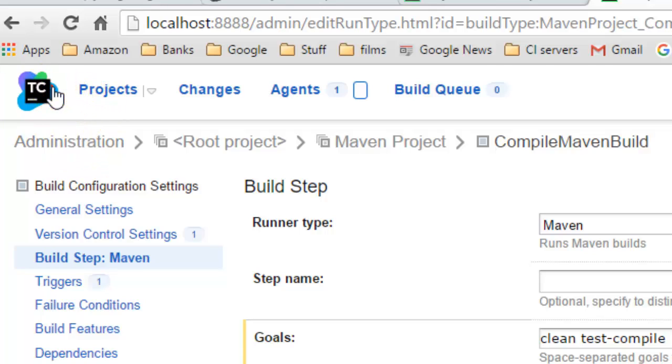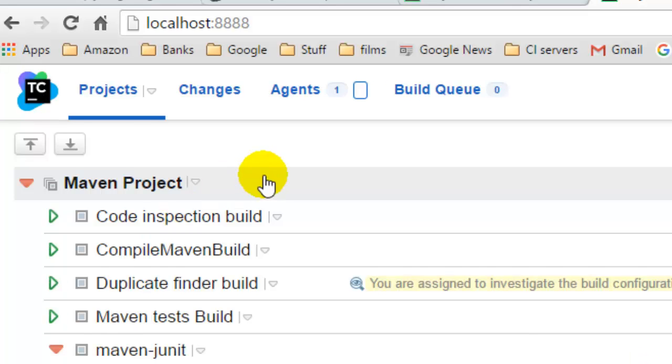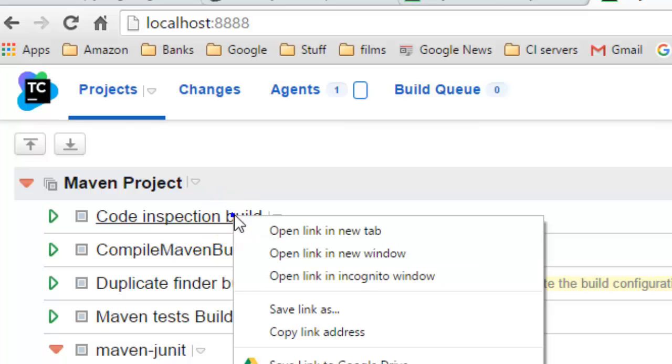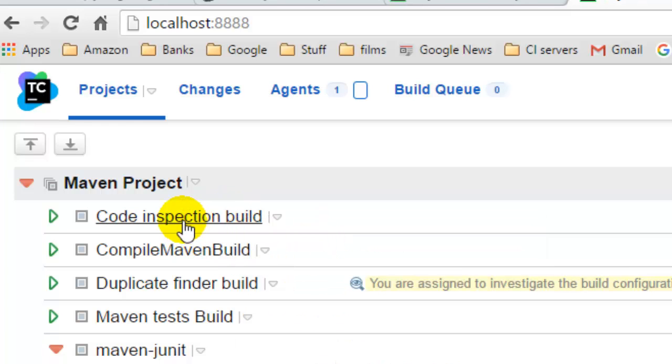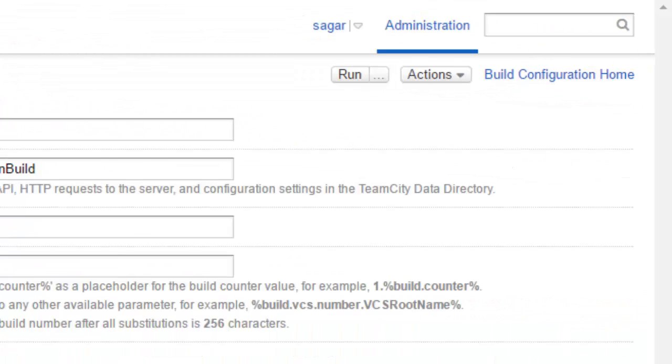And then let's go back to the dashboard to view a different project. Say, for example, if you want to find the code inspections or the duplicate finders, to find duplicate code inside your project, you can use these particular configurations. First of all, let us see the code inspection build. If you go to the build steps for this particular build configuration,